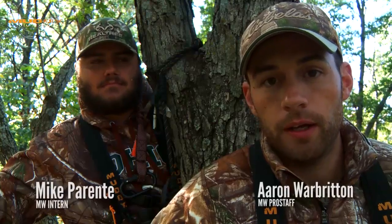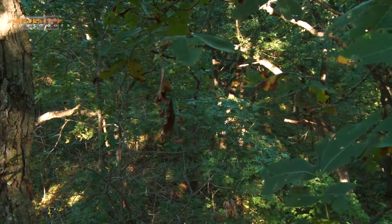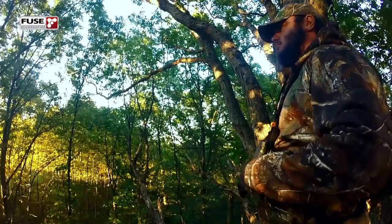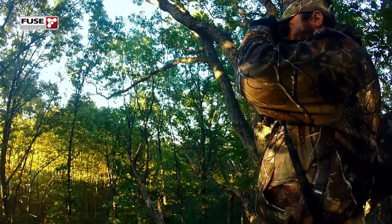Well, it's October 1st. It's opening day here in Iowa, and Mike and I are out here on our Big Woods unit on the public land. This is the first set of the year, and we're pretty excited. Mike's never harvested a buck with his bow before, so he's in the hunter's stand tonight. I'm just going to film him, kind of get you up to date on what we've been doing on the